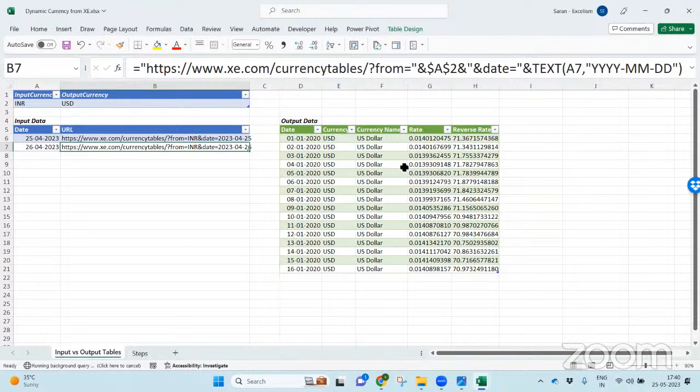Let's hope for the best. It's going to give a proper result for the currency rates. Just wait for another 1-2 minutes. Hopefully it should work, unless the link got changed by the website xe.com. Ideally, this should work.